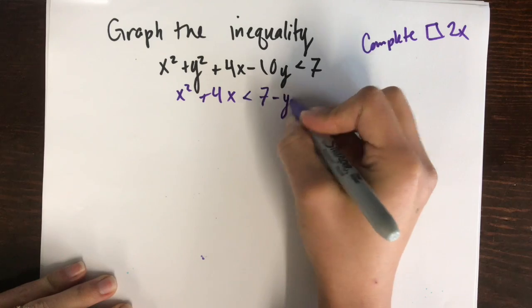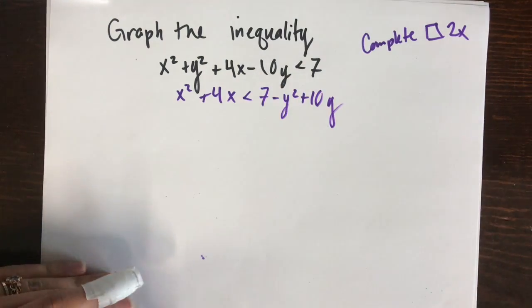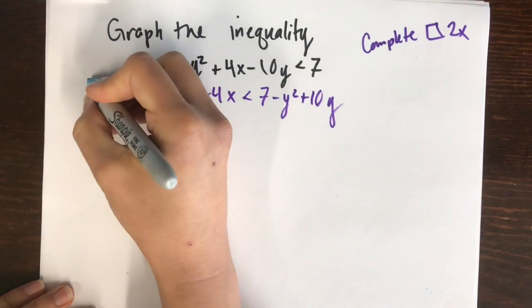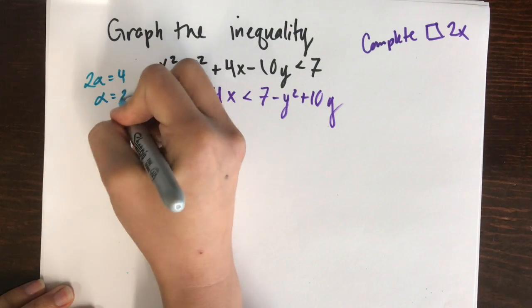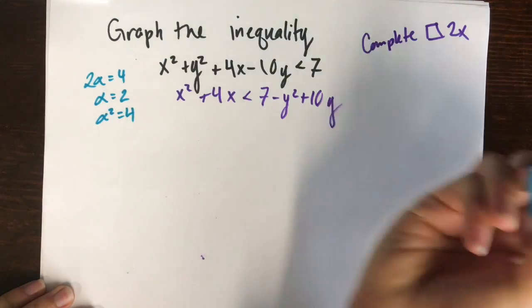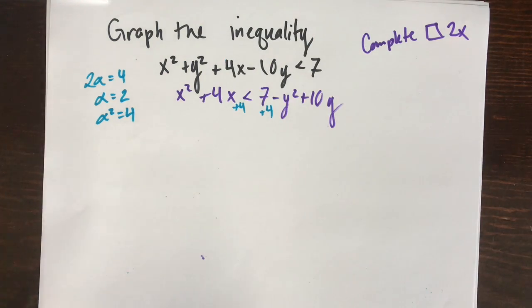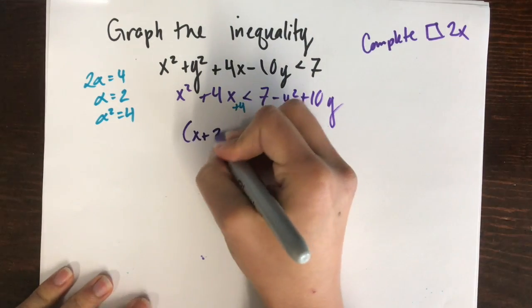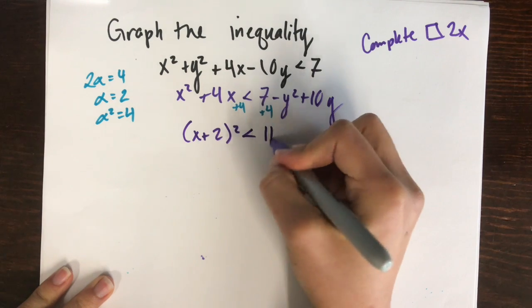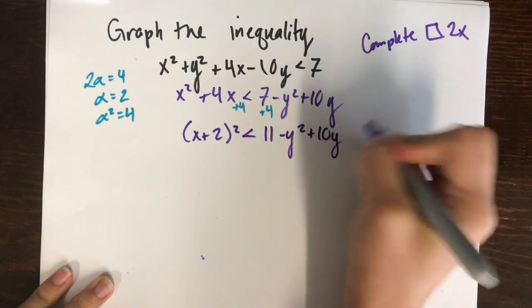So I'm just working with x squared plus 4x. Here 2 alpha is going to be equal to 4, alpha will be equal to 2, and alpha squared will be equal to 4, which is what I'm going to add to both sides to complete the square. And then x squared plus 4x plus 4 factors into (x plus 2) squared. And then this is going to be equal to now 11, because I added 7 and 4, minus y squared